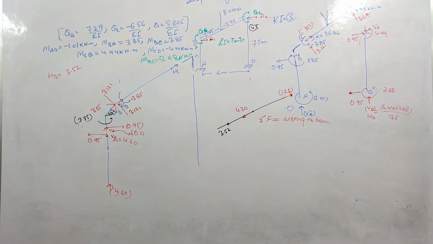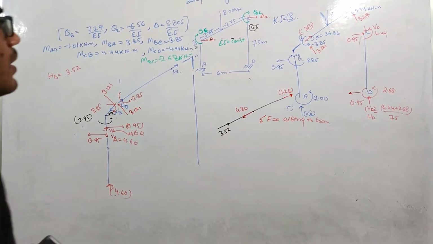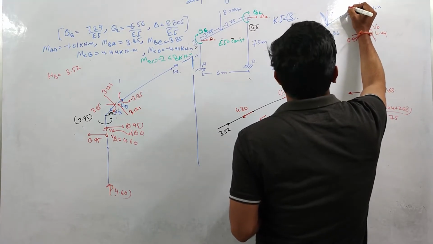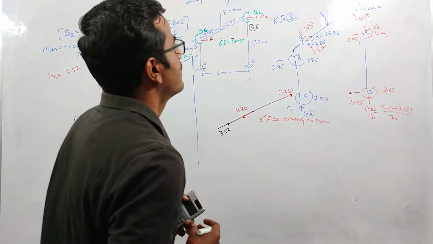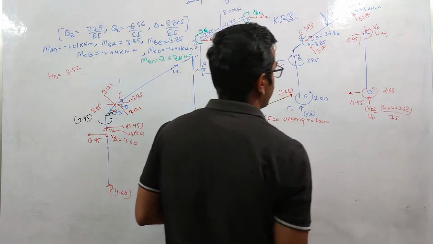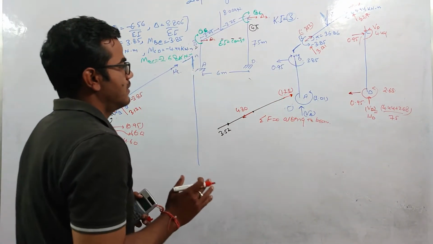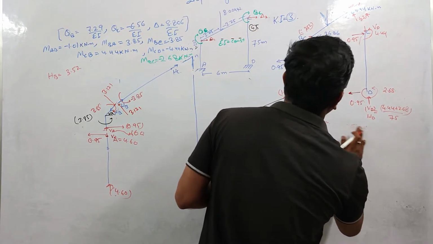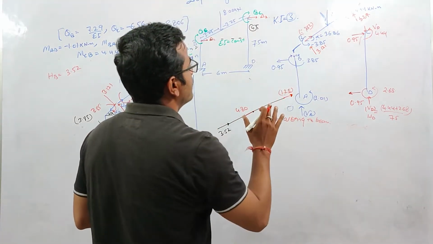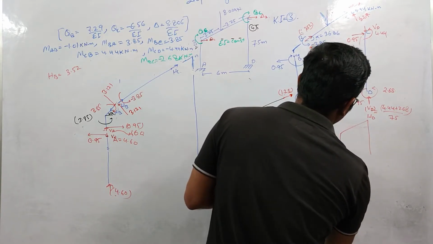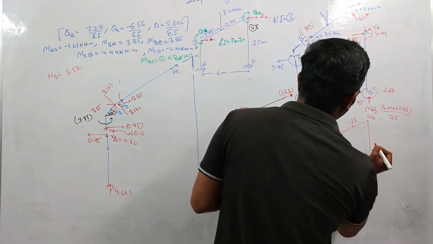This is the case. So guys, the force at this end is 1.28 kilonewton. Now we need to calculate the actual force in this member. So we can take the equilibrium of this whole system in the vertical direction. This reaction we have already found. This is 4.60. This is 8 kilonewton.